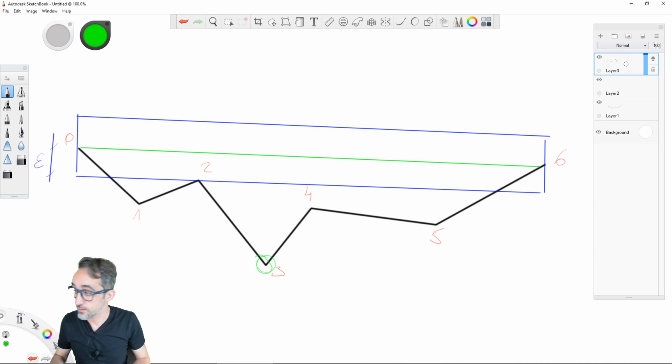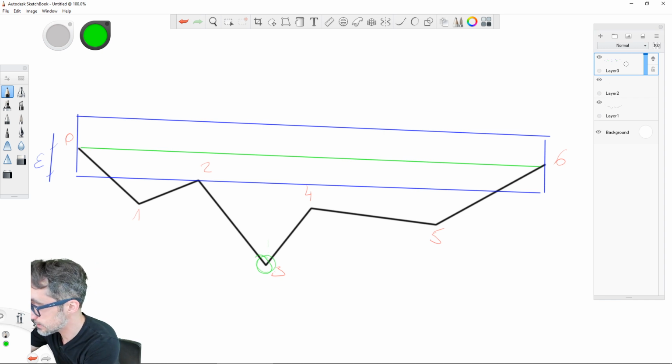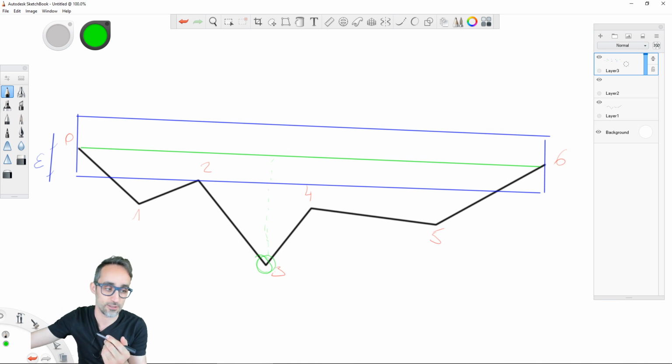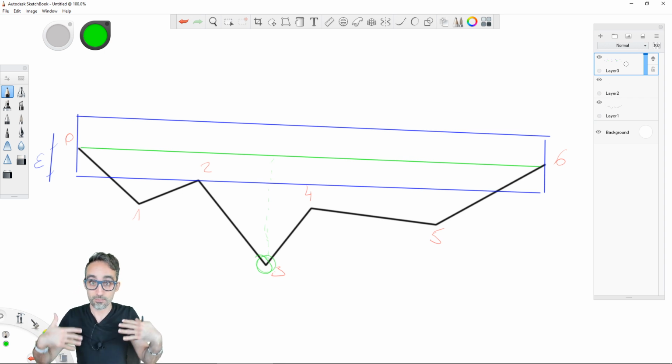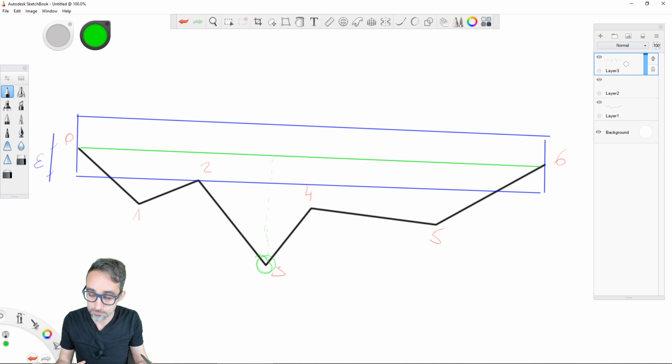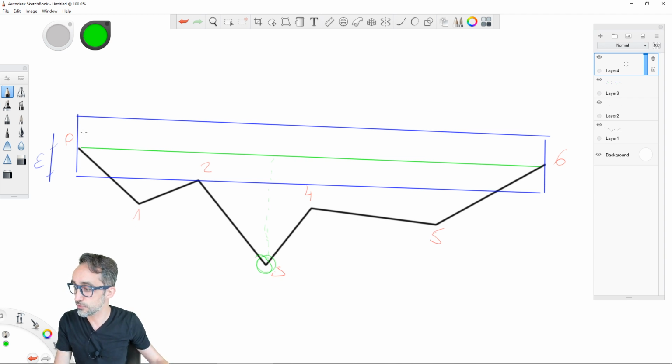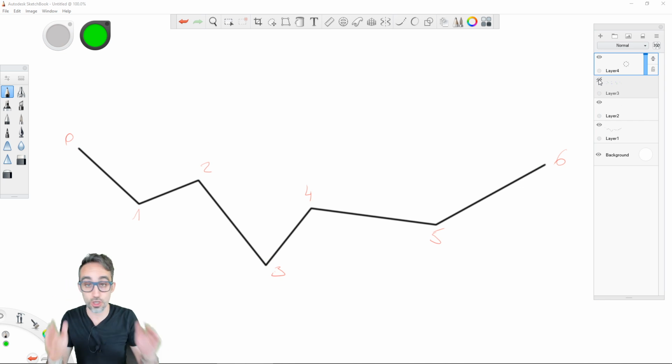And because we see that this distance here is much larger than epsilon, which is the value that we're using for the precision of the polyline, then we have to follow a recursive process where we're going to subdivide our polyline in 2 chunks.